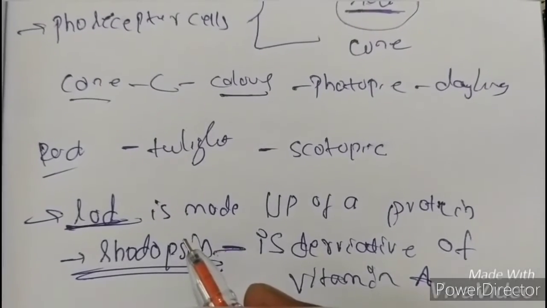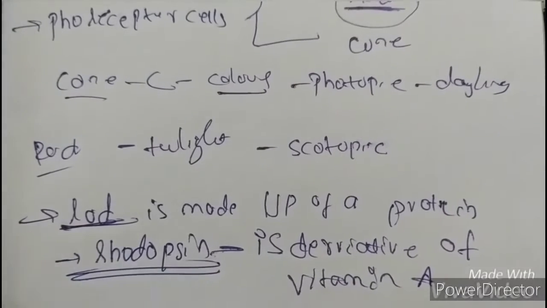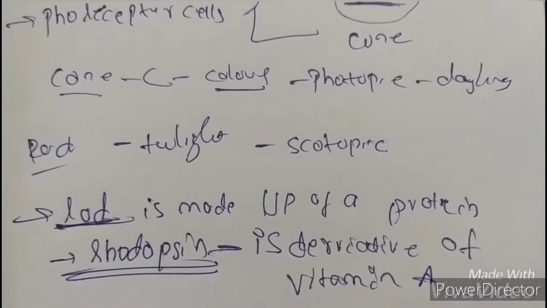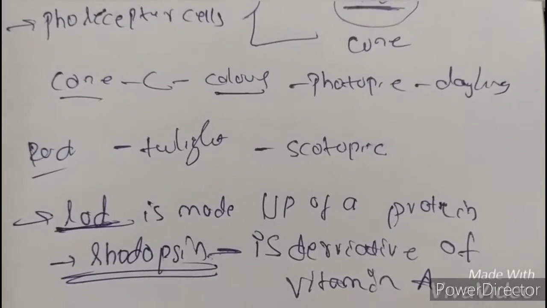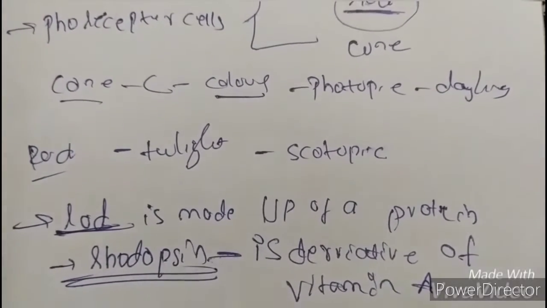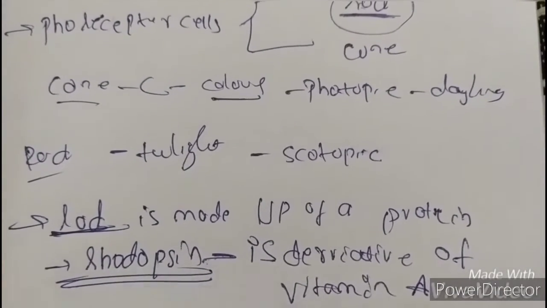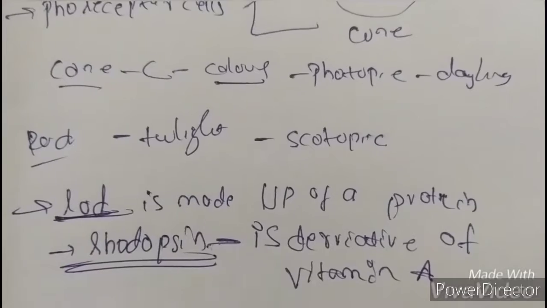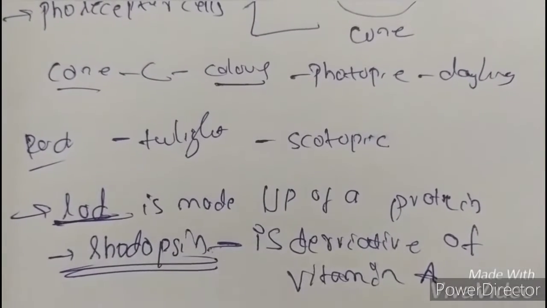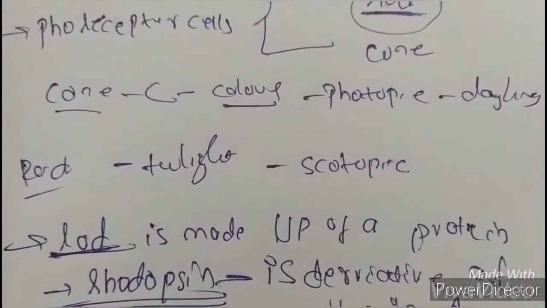Next, cones respond mainly to three types of colors: green, red, and bluish. When the sense of these three colors is equal, the cones sense white color. This is a very important statement: when these cones are stimulated equally, a sensation of white light is produced. You can look through your NCERT.